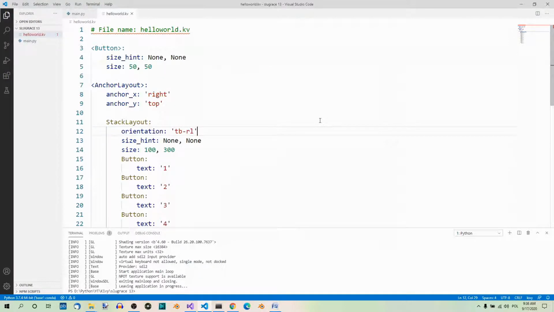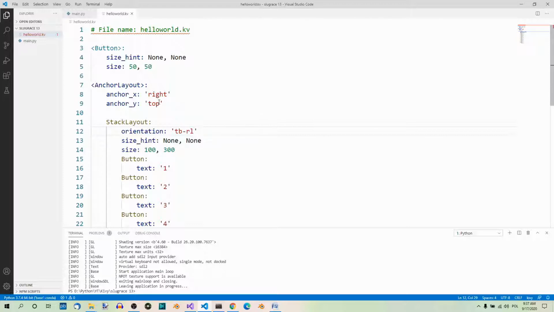In our next example, we'll make a toolbar and place it on one side of the window. It will contain simple square buttons placed in a stack layout. The toolbar itself will be placed inside an anchor layout, just like before. This means that you don't actually have to change the Python file this time. And here's the Kivy